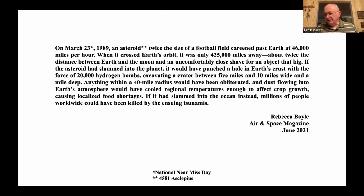One thing I ran across since I gave my presentation last month was this thing that I found in Air and Space magazine. I don't know if I can read this here. Unfortunately, I have some small images of the attendees over on the right-hand side, and that's sort of obscuring some of what I have